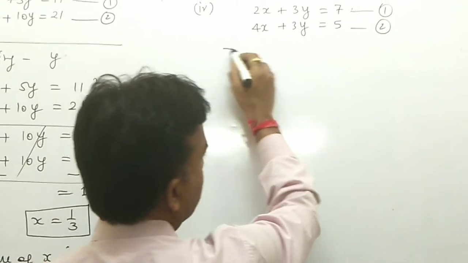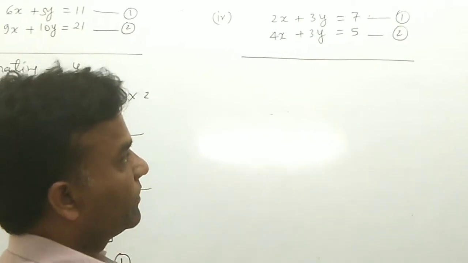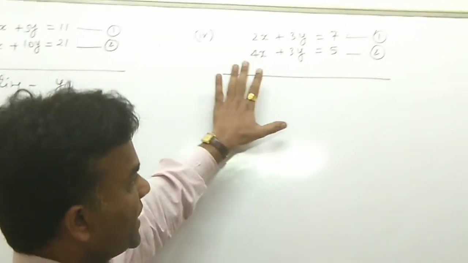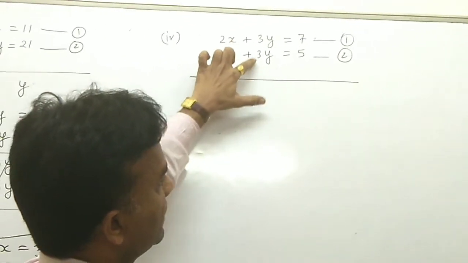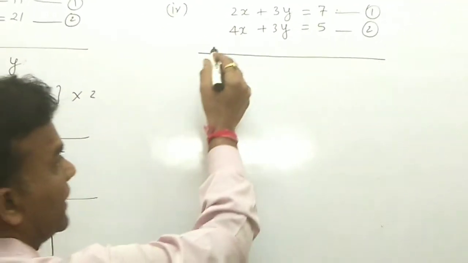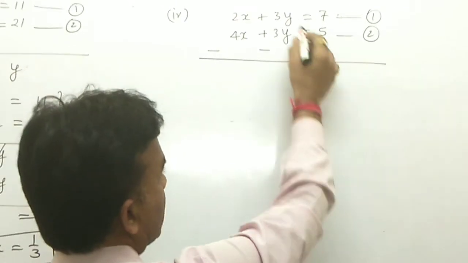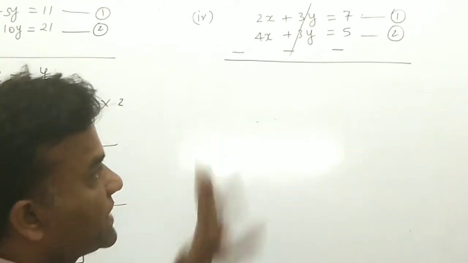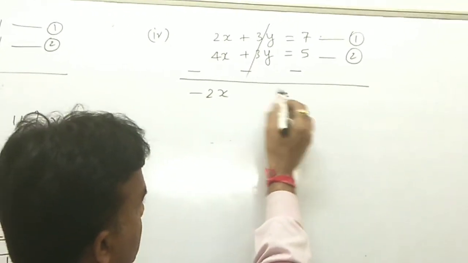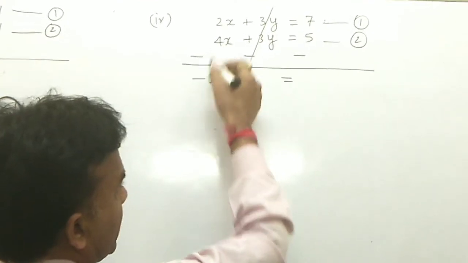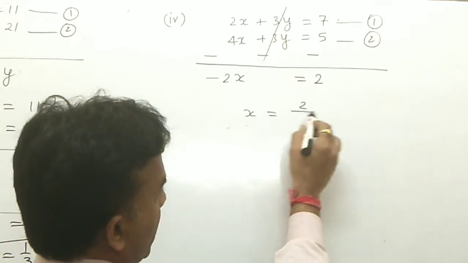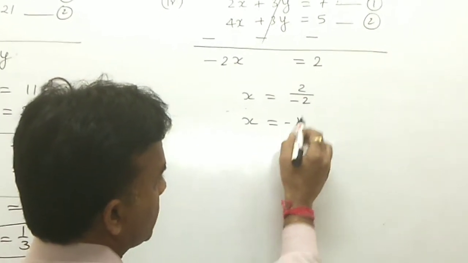Again here there is no need for cross multiplying, because the equations directly give the same coefficients. Now only change the sign here, because both variables have coefficients with the same sign. Now only one operation you are doing here, you change the sign, and now you have the condition for eliminating. One variable is directly cancelled out, and now 2 minus 4 is minus 2x, because the negative number is greater, and now 7 minus 5, so 2 is here, so x equal to 2 by minus 2, and now you have x equal to minus 1.